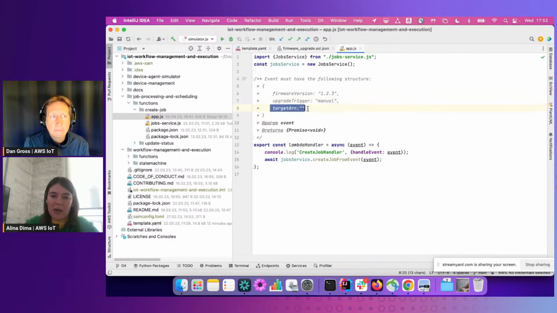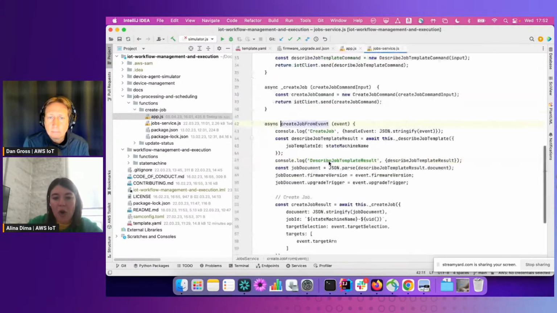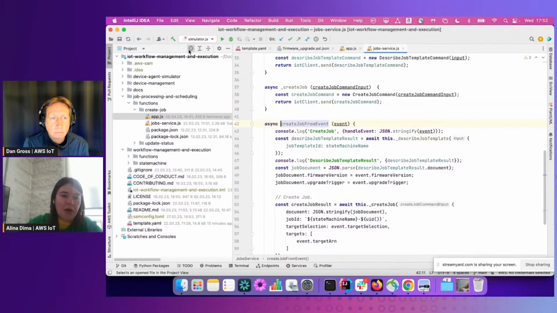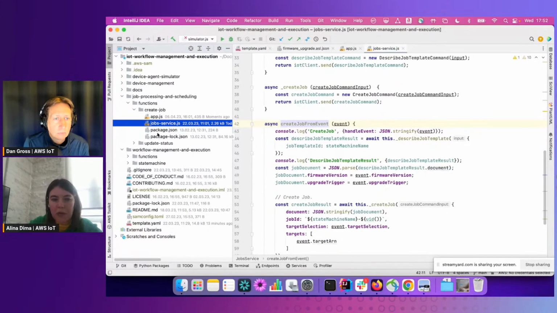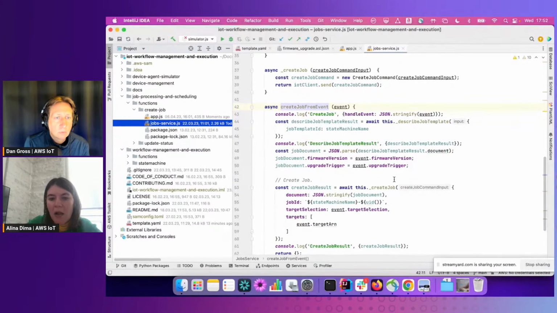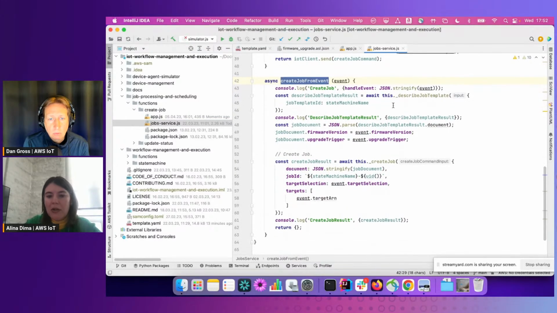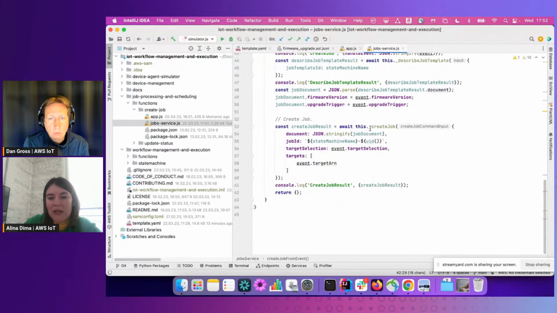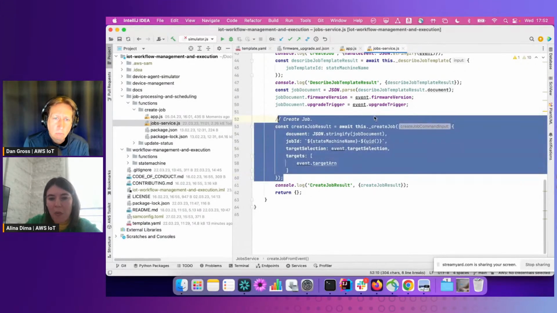And here you have the target ARN, right? This is either your device or your group of devices. Here what's happening is that this job service is called. We've got the service class because we didn't want to overload this Lambda handler. This is just the coding style. You can, of course, do it in one function, but it's not recommended. So here you are creating a job from the event based on a template, and this is the create job call. Now, once this is called, and once this await happens,